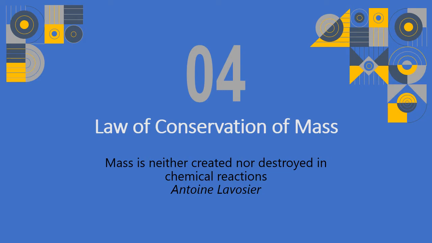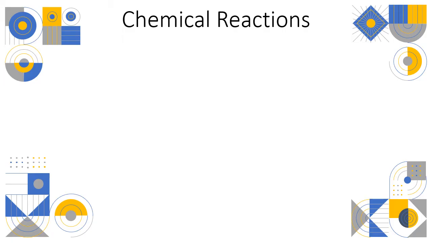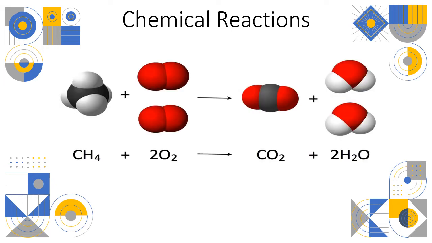So we will look into how our law of conservation of mass is applicable in chemical reactions. The law of conservation of mass in chemical reactions would mean that the amount of elemental species present on our reactant side will be the same amount on our product side. We have here the combustion of methane, so let's use this as our example. Let's list out the elements that are present on both sides,